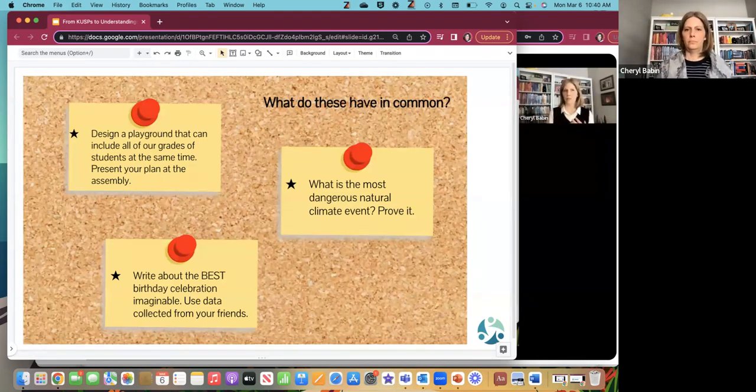Present your plan at the assembly. The second note card or sticky note says, what is the most dangerous natural climate event? Prove it. And the third is, write about the best birthday celebration imaginable. Use data collected from your friends. What might these things have in common?